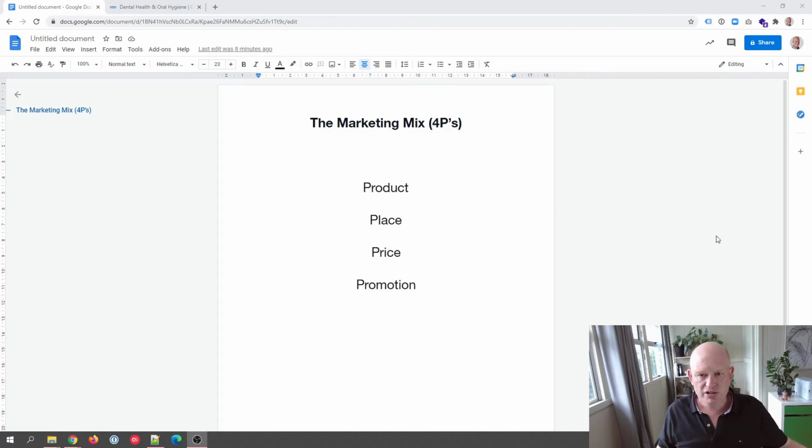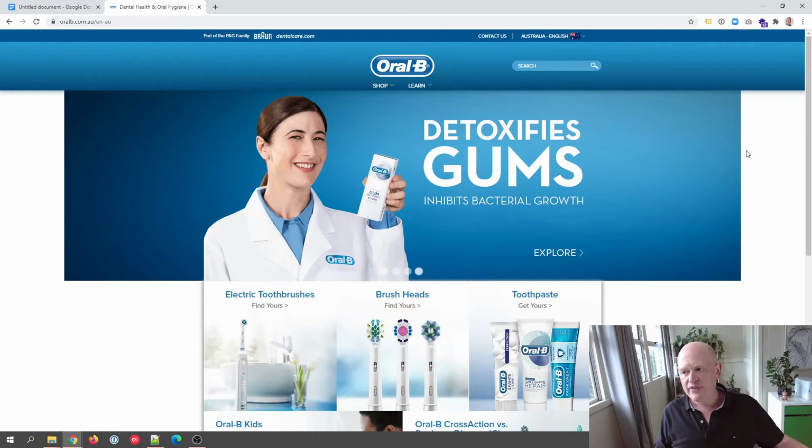But let's move across to the real example I want to show. And that is OralB, because they have been consistently fantastic about their positioning. I grew up in South Africa. I live in Australia now. But I remember even when I was young and growing up, and I'm extremely old, how old am I? 48, I think. Yeah, I'm extremely old. Even when I was growing up in South Africa, I remember